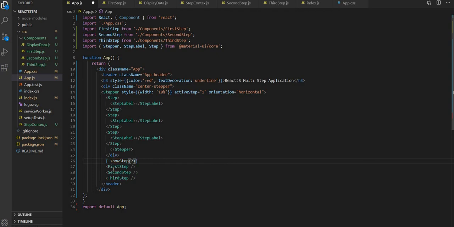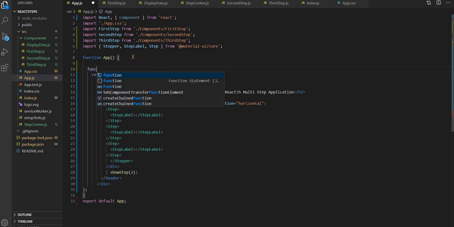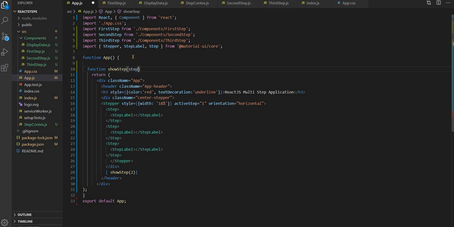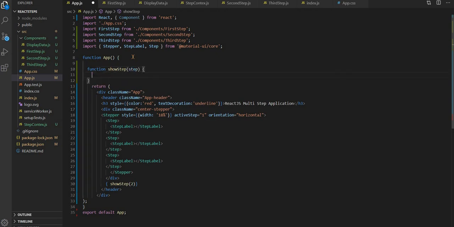Let's take it as a 2 for now, and just check it. So we will create function show step, and here we are getting step as an input. Here we will create a switch statement.